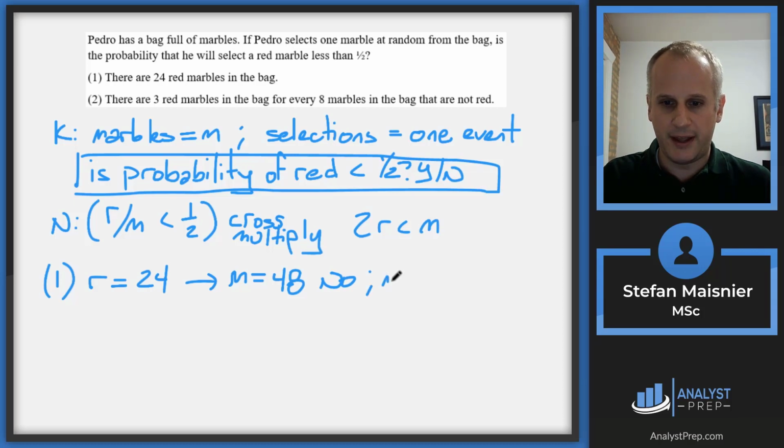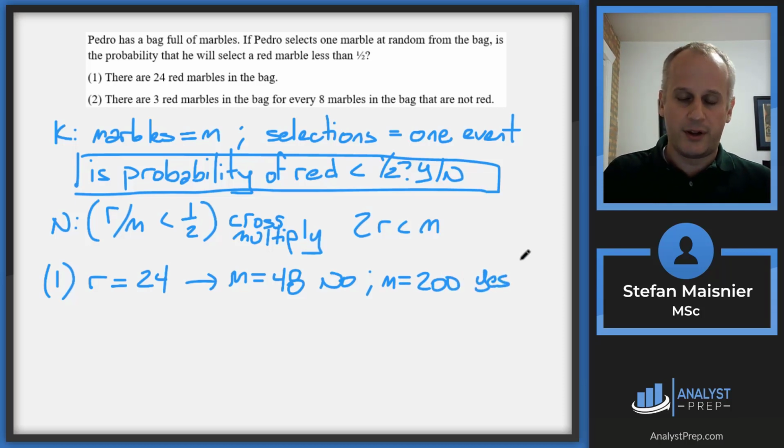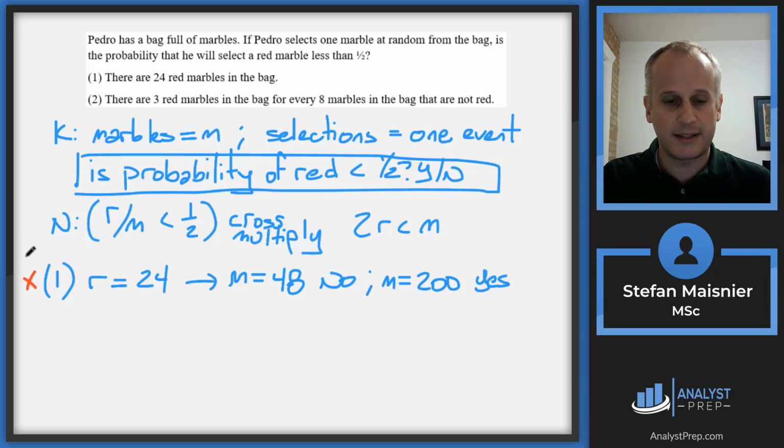But we also know that M could equal, say, 200, a bigger number, and the answer here would be yes, of course. 24 out of 200 would be well less than 1/2. But both options are available, so because of that, we know we can just X this out. And remember that if condition 1 is not sufficient, our options for the answers are B, C, or E,